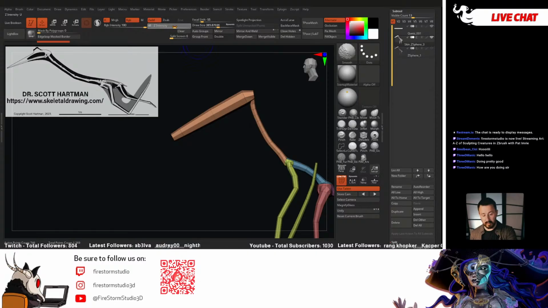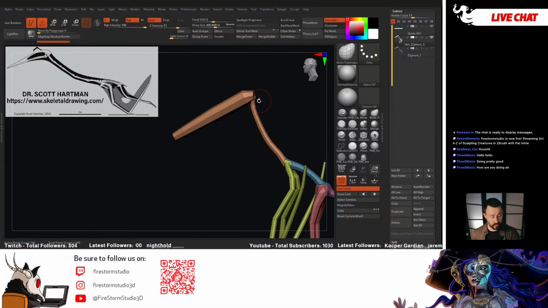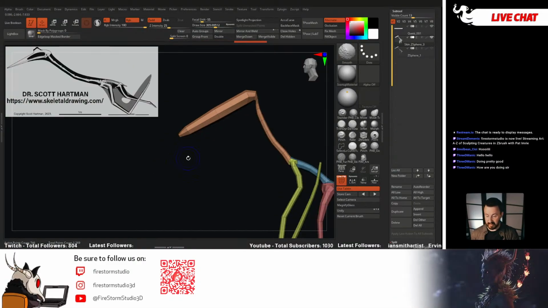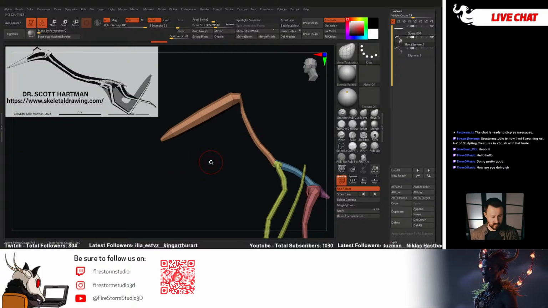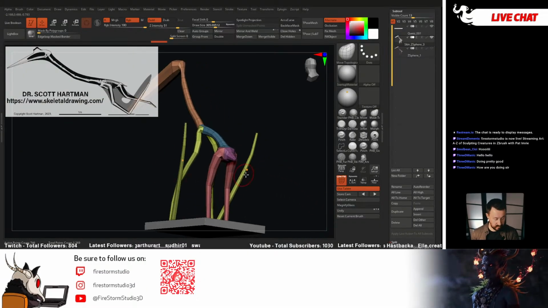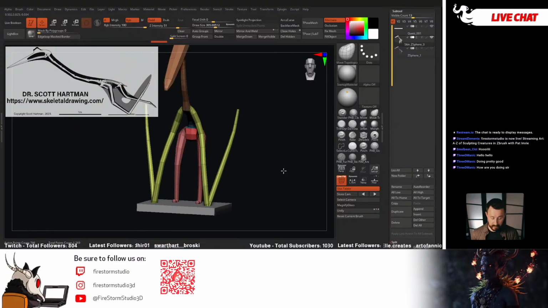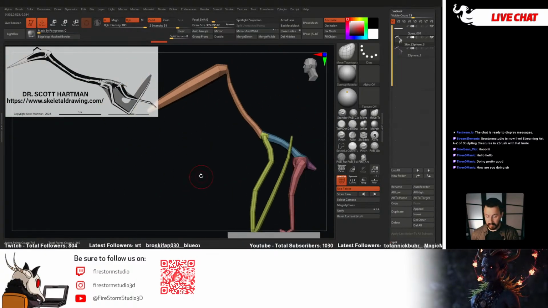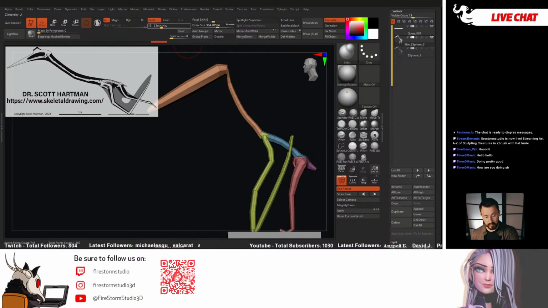And I'm going to turn my smooth options down a little bit and just go through and clean up some of the areas that are a little bit broken. We've actually done not too bad with this, but